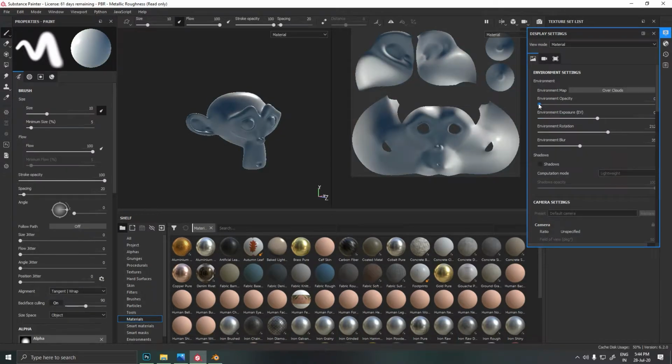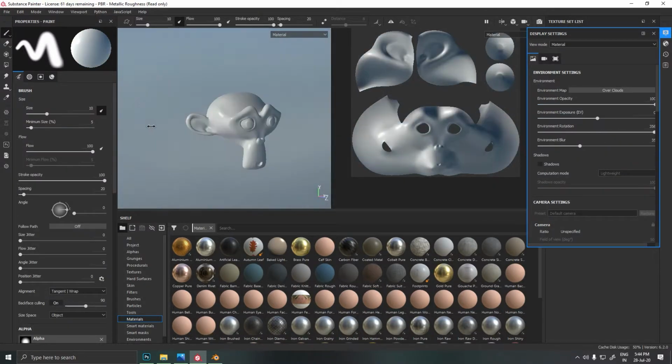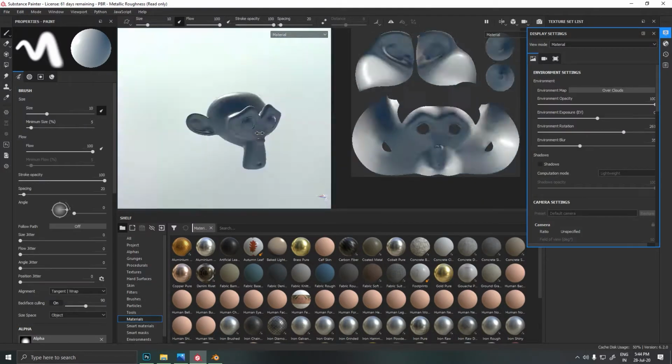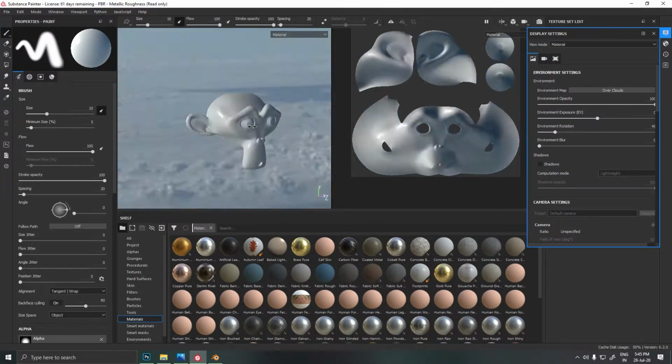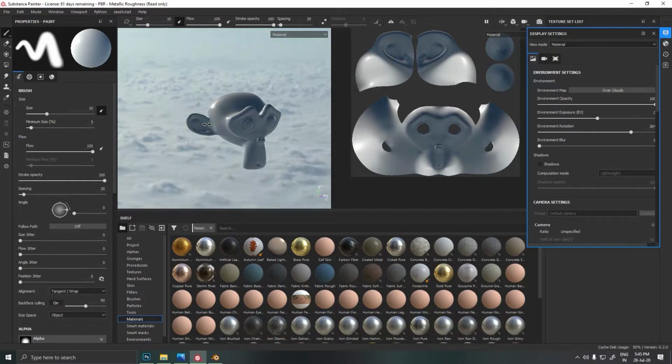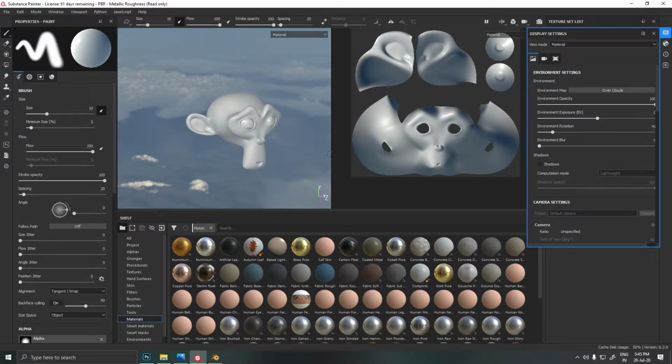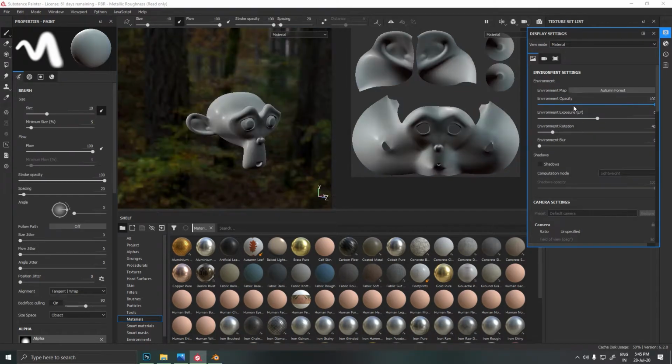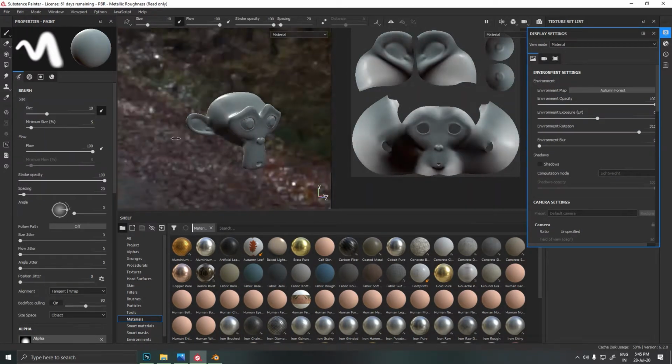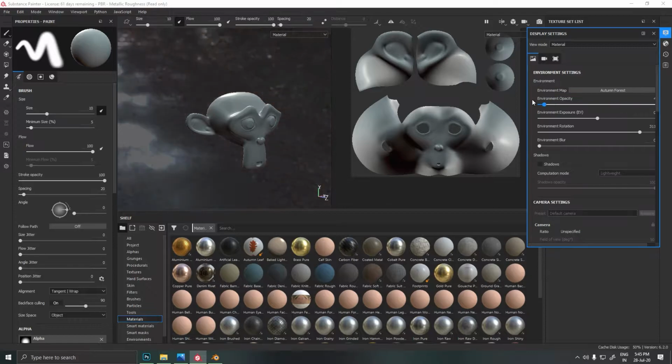You can also see the environment, and reduce the blur if you want to see it. If you want to render with it, I'll tell you later. Right now, Shift right click is for HDRI rotation.